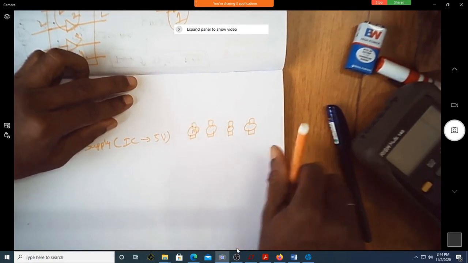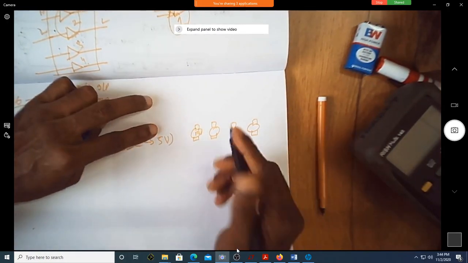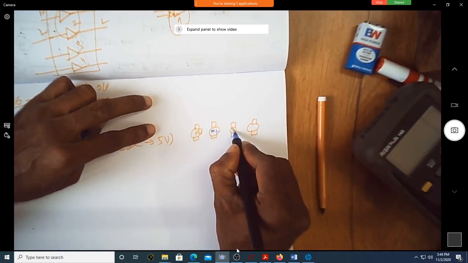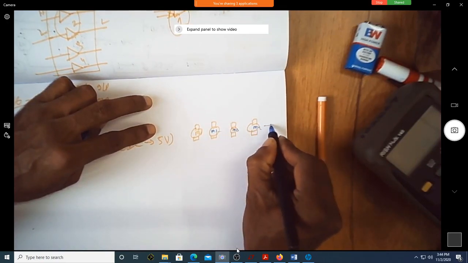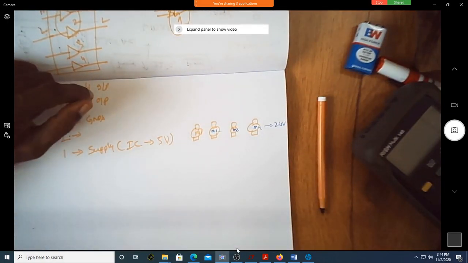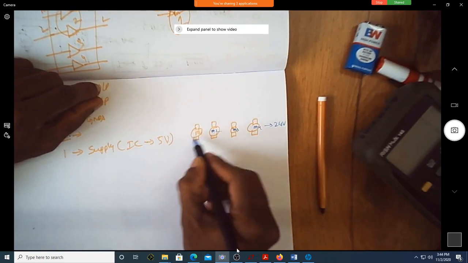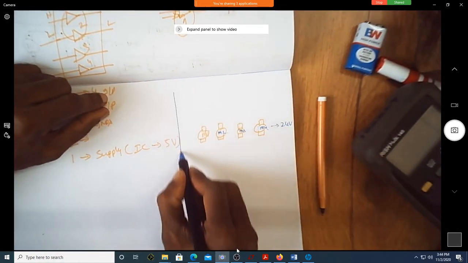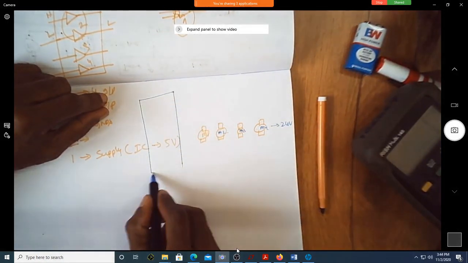This is M1, M2, M3, M4. All are 24 volt motors. So I want to run them, and I will connect them to an L293D.